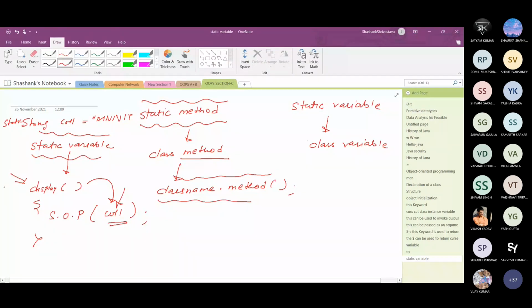So we need to put static here. Okay. This is the general, recommended practice: a static method. However, with the help of display, you can access this. Okay.